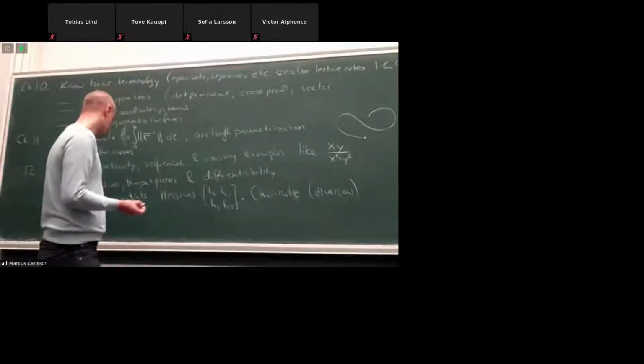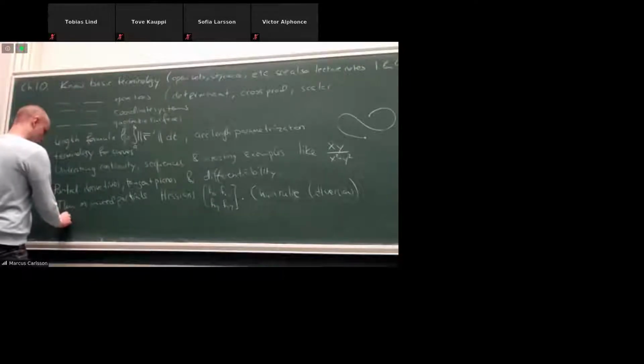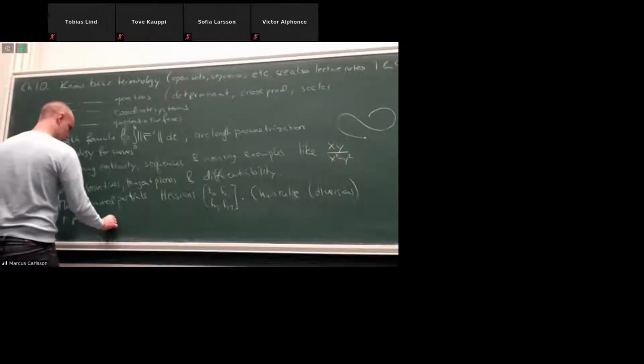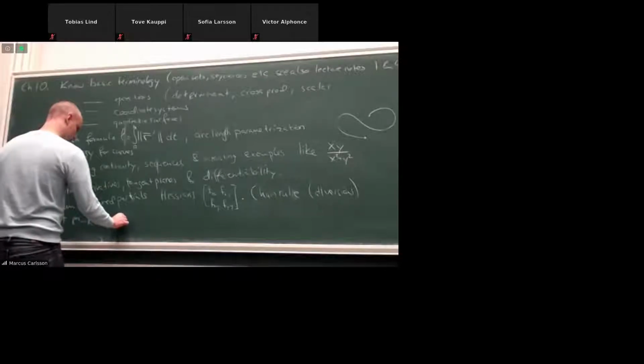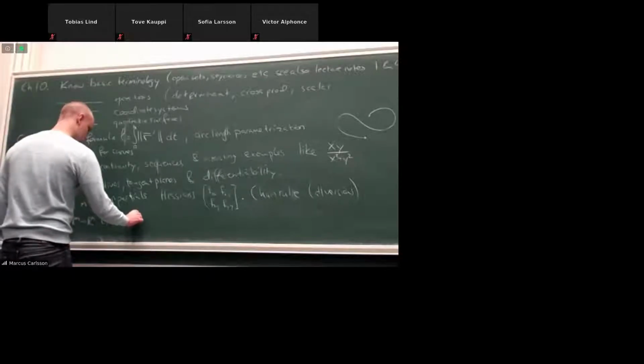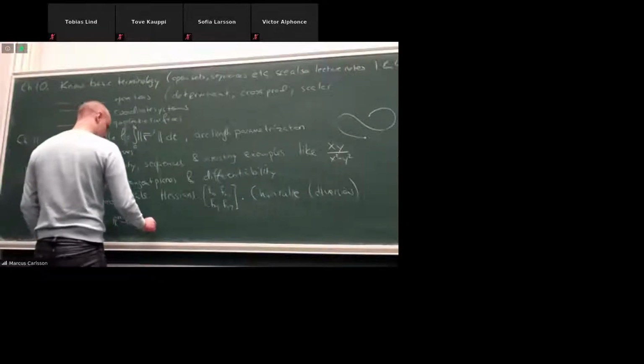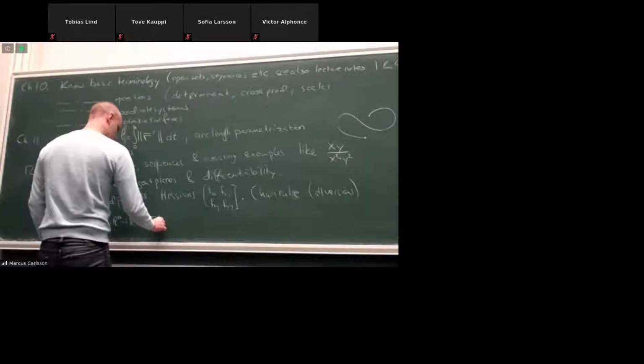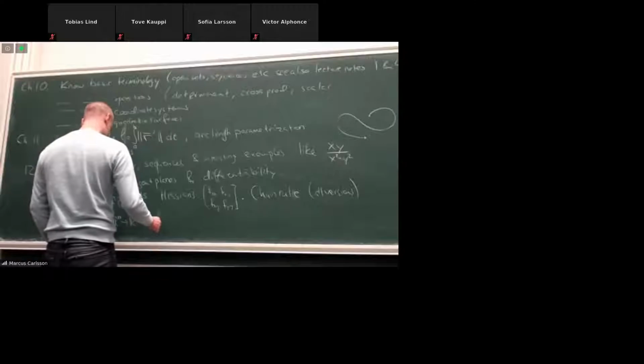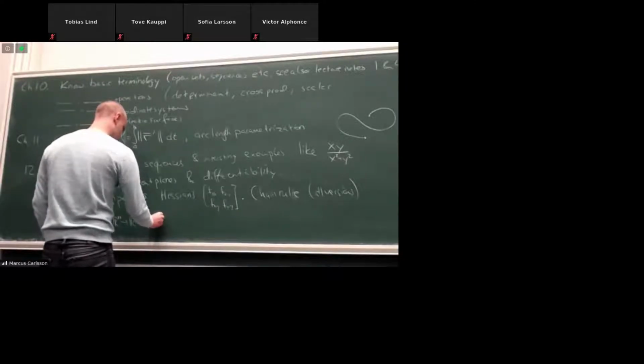The most general one being, you have a function f that goes from Rm into Rn, and then you have a function g that goes from Rn into Rp, and then g composed with f